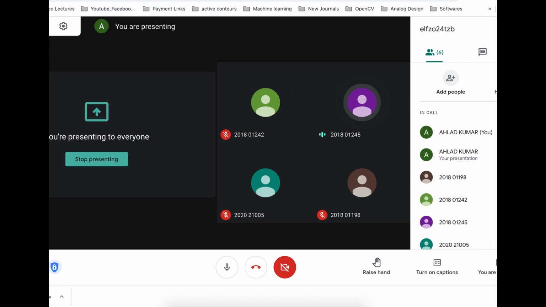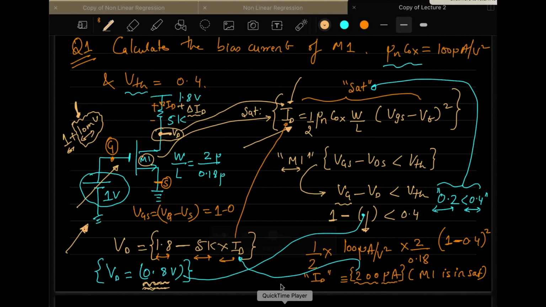Sir, in the question, you told that there is a 10 millivolt increase. I cannot hear you. Can you speak again? Can you re-explain the ID calculation? Okay, the ID calculation from the first equation you are saying, or from the discussion? Okay, so you don't know how to calculate that, is that what you are saying, or do you have any specific questions on this particular thing?